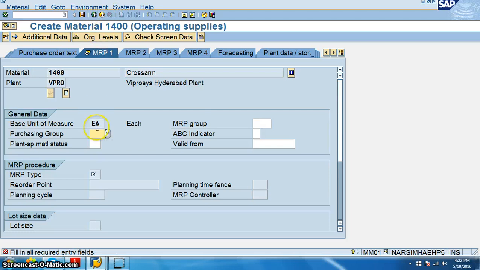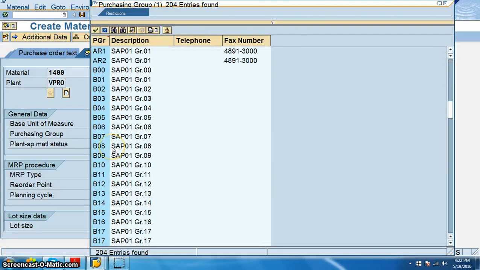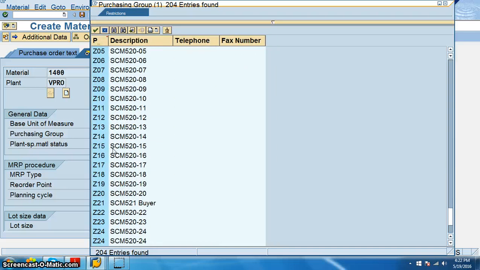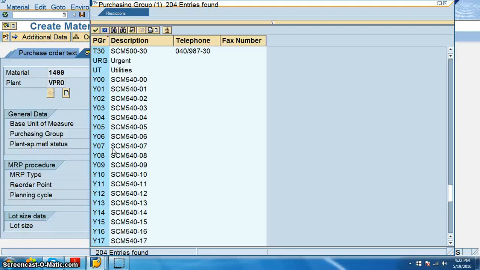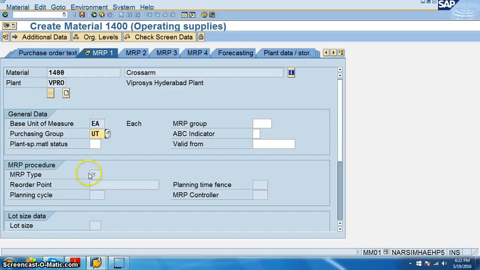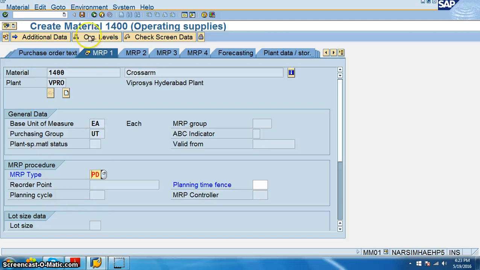Now, purchasing group, we can take it as utilities. MRP type is M1, PD.